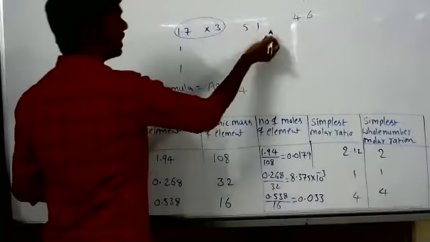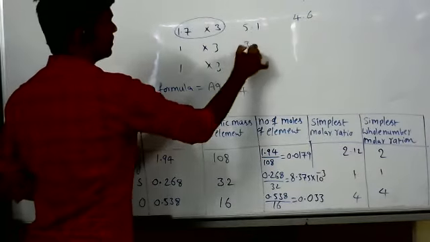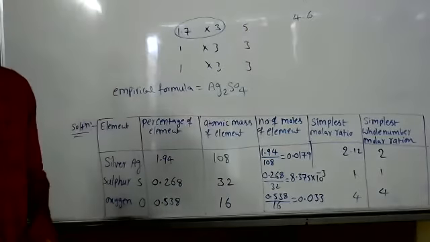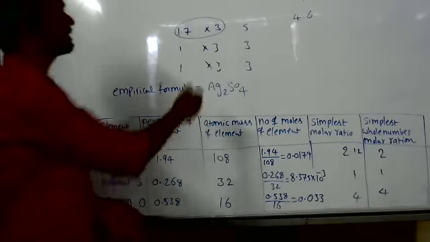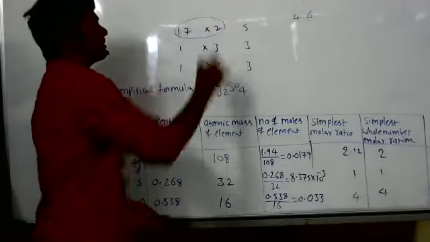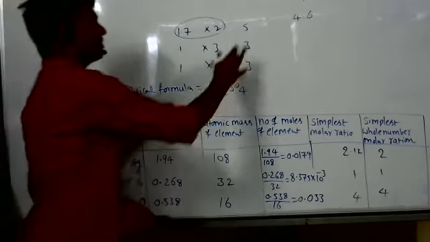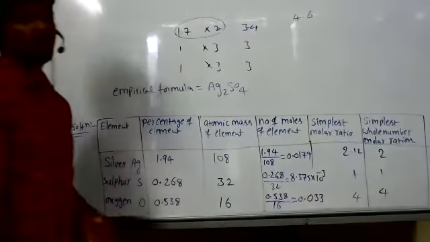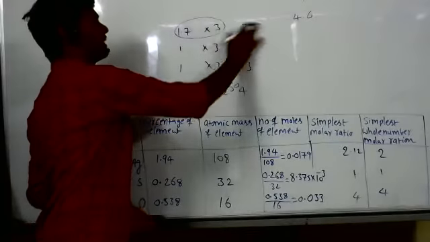5.1. Now you can neglect 0.1, it is not a big value. Sir, why do we have to take 3, why can't we take 2? We have to take the smallest number. If you take 2, how much does it give? 3.4. So it's a somewhat big number, 0.4. That's what we are taking, the smallest possible number, 3.